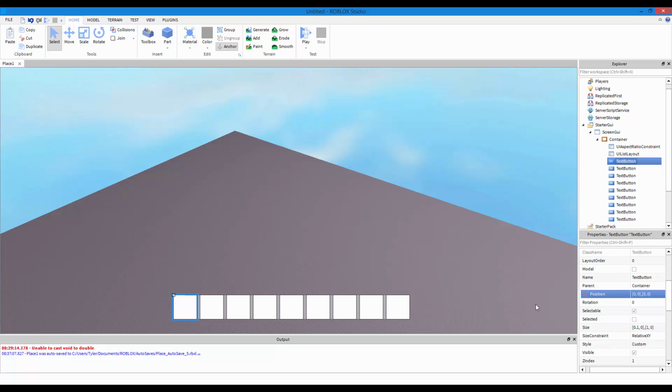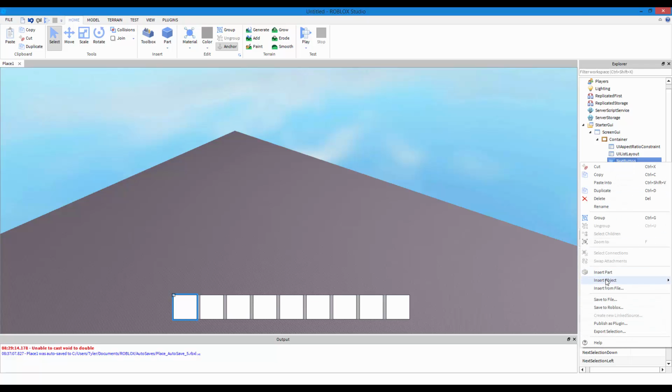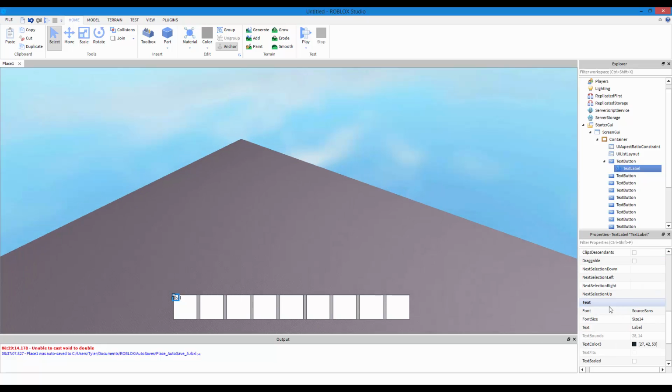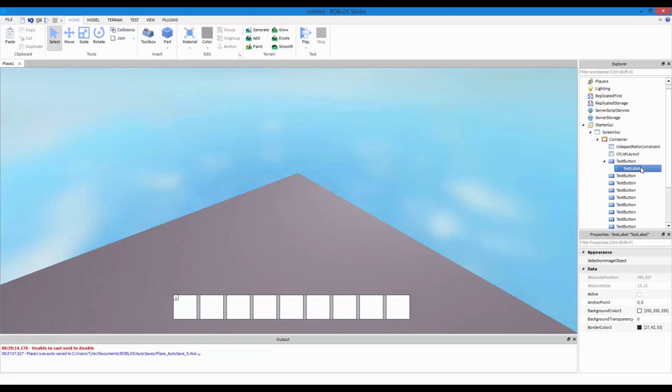All right. So say we want to have like 1, 2, 3, so we can see how many boxes we have. Which, I mean, we have like 9, but let's rename. Let's add a text label and let's resize this, 0.1, maybe. I think it's 0.1. Let's do 0.2 and then come over here, do 0.2. Take out that 50. Let's give it a text of 1. No border size, we don't want border size.